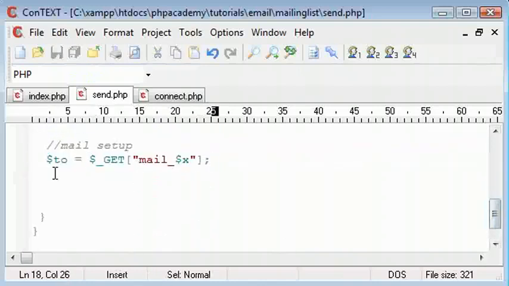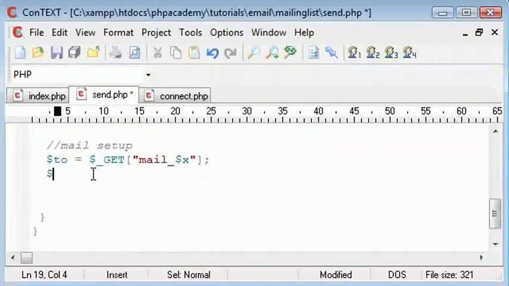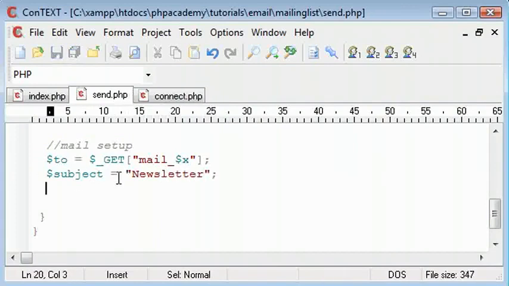So this is alexheadon@hotmail.com. And the subject of the email, well, that's up to you. You can choose what you want. I'm just going to call this newsletter. And then we have a body. Now what this basically does is it gives the body of the email. So I'm going to say dear